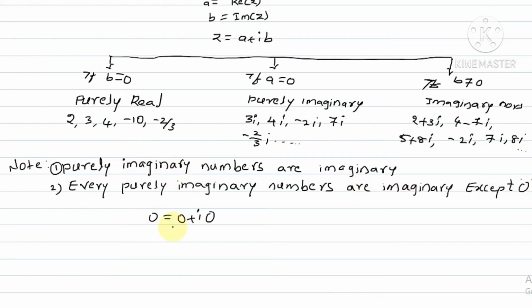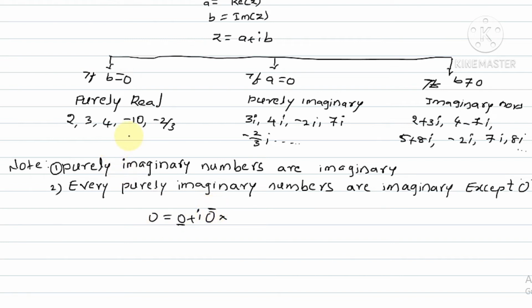Okay, I am going to explain. So 0 equal to 0 plus iota 0. What is the imaginary condition? Imaginary condition is b not equal to 0. So if b not equal to 0, then only the numbers are imaginary in this case. So it is not going to satisfy. Then if a equal to 0, these numbers are called purely imaginary. See, a equal to 0, then this is purely imaginary. This is satisfying. Next, in the case of purely real, b equal to 0. B equal to 0 means b value is 0.